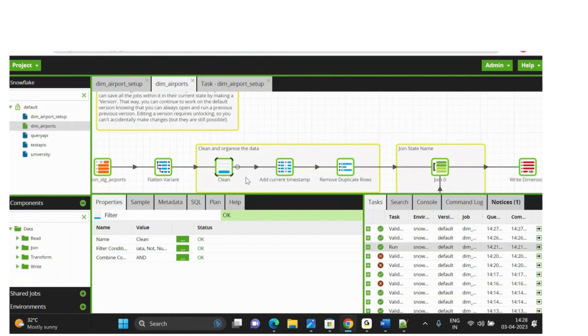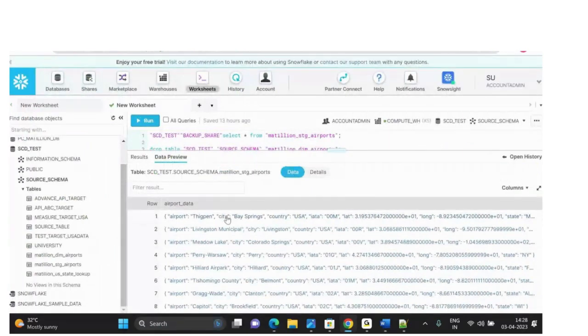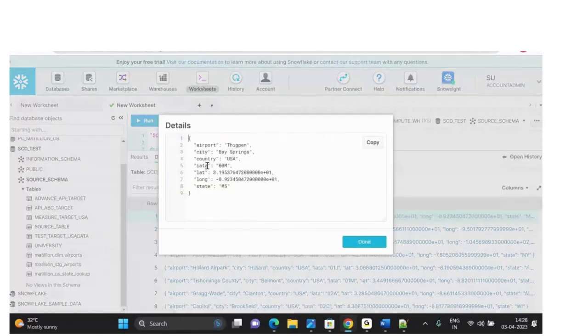And the next step is a calculator component. What is this calculator component going to do? From the source, what are the columns coming in? See, this particular data has how many columns? Seven. And there is no current date or any date that is going to be processed from the source, but in the target you are going to